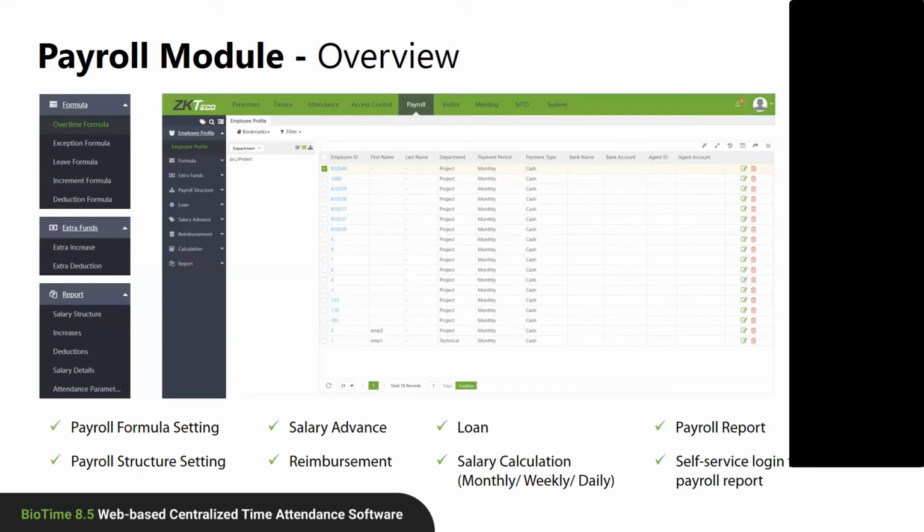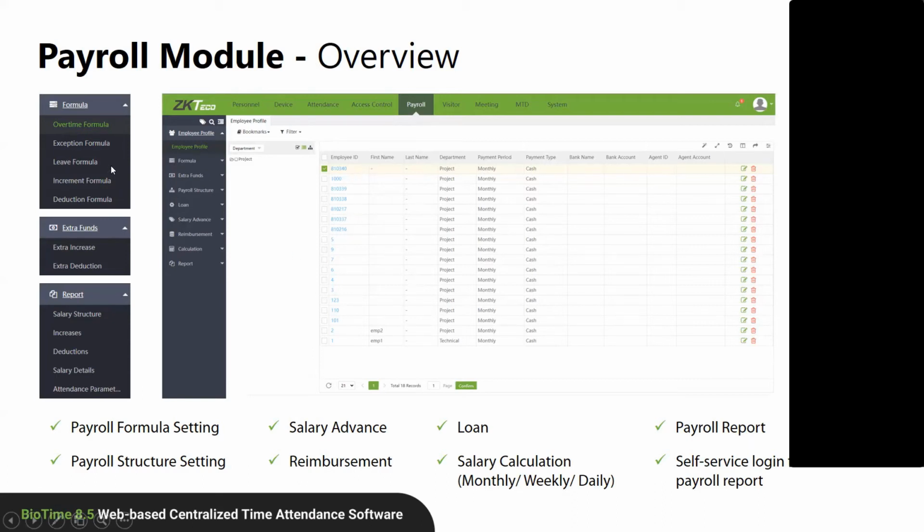Next, coming on to the payroll module. So the payroll module here, the main thing is employee profile. Again, in employee profile, there is an option for setting the payroll settings. In payroll settings, what we do is set whether the payment type is cash or card. So all the settings can be done from the employee self-service, employee profile, and can be viewed here.